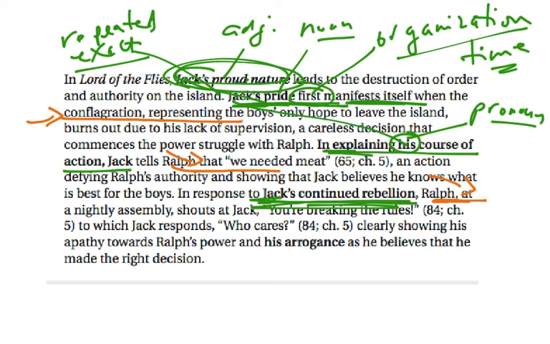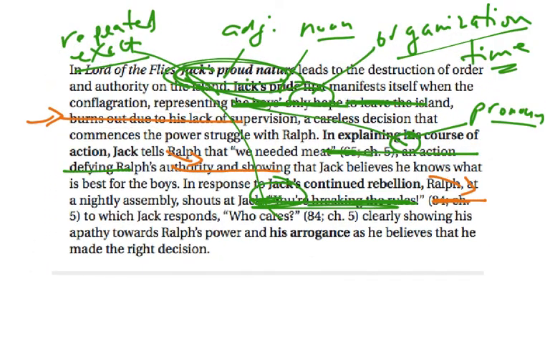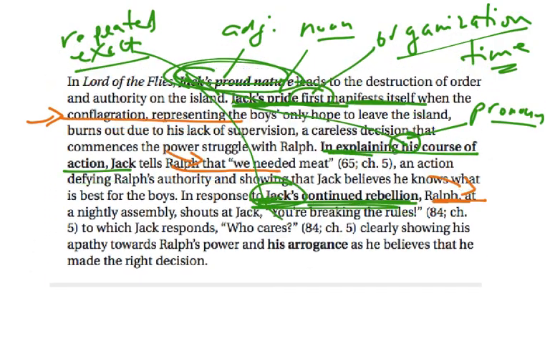We could go back to exact repetition of Jack here. Certainly we don't want sentences to be Jack's pride, Jack's pride, Jack's pride, Jack's pride. So we need to be aware of the variety